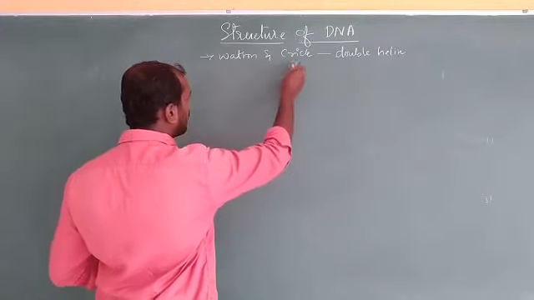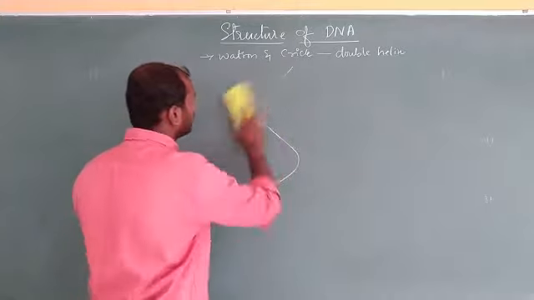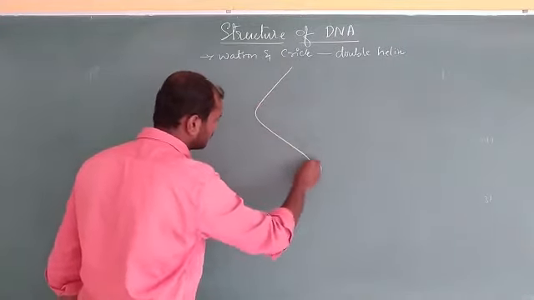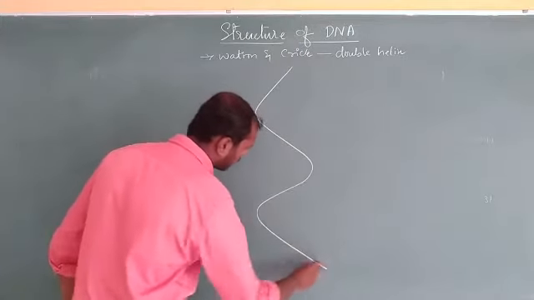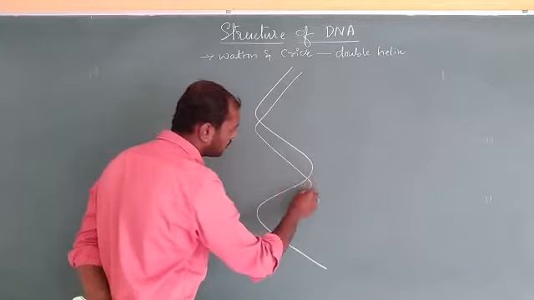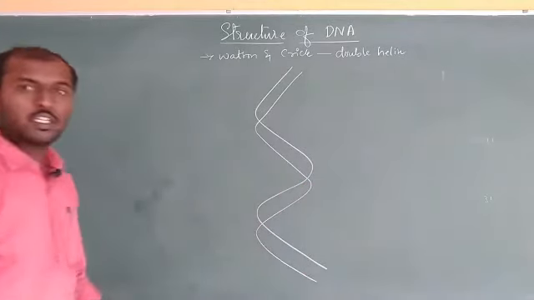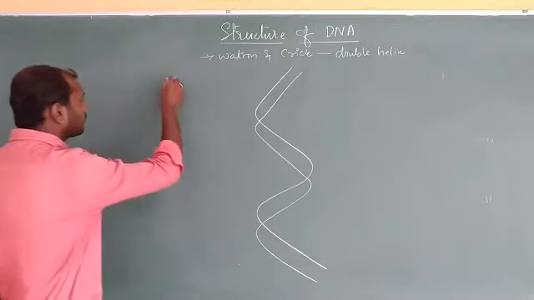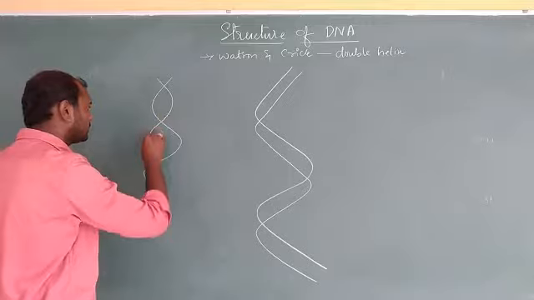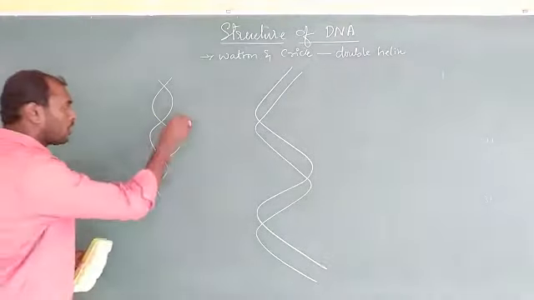So you can turn your book. So you can easily draw an M or W there. Okay, so again you have to do one more M or W here. Okay, this is what the DNA looks like. Okay, so do not draw like this. This is the wrong way of drawing the DNA. This one is the right way of drawing the DNA.